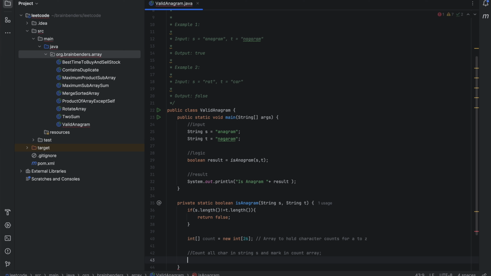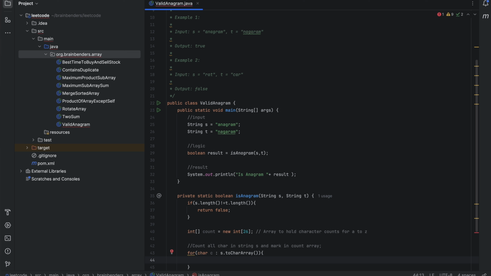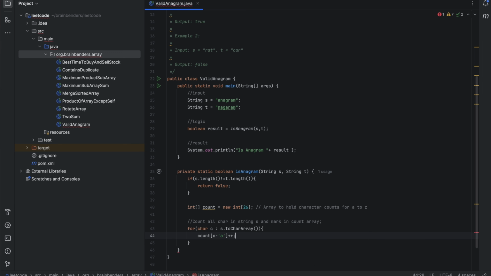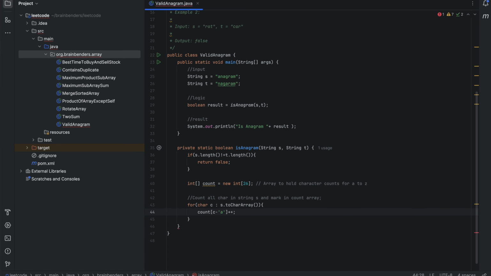So what I'll do, I just quickly go and say, hey, this is my string s. I just need to do char c and then s dot toCharArray. And what I'll do, this is very simple, count[c - 'a']++, okay, and we will do the same